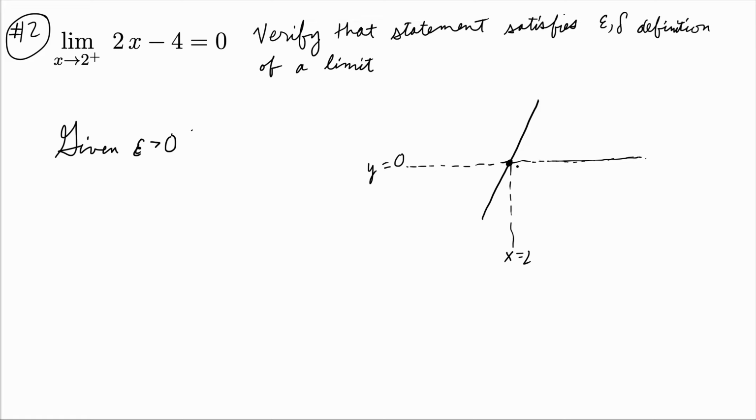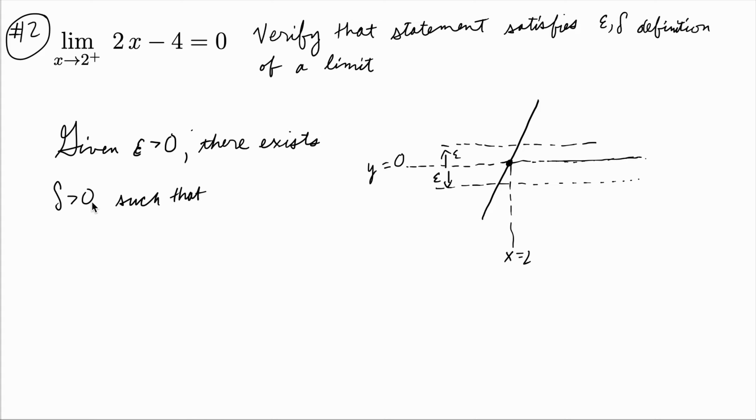All right, so we're heading toward this point, but just from the right side. So basically it's like what we did last time, but on the right. So given epsilon greater than 0, we can draw a little picture of that, some symmetric distance, y distance up and down from this middle line, y equals 0. So up epsilon, down epsilon. All right, so given that, there exists delta greater than 0